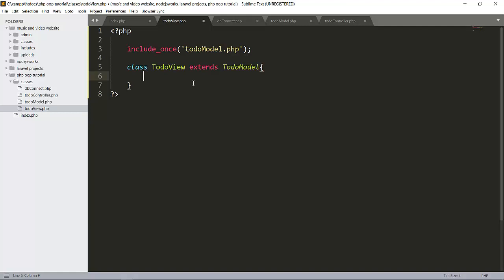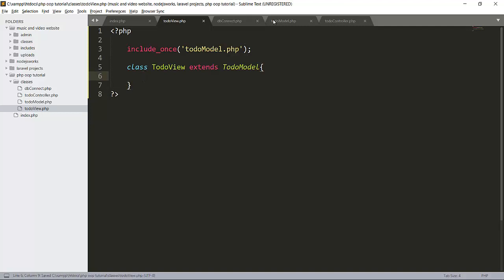The controller will pass the data to the model, but the view will get the data from the model. If you don't know what MVC is and how this works, you can watch my previous video. In the series there is a video on what is MVC, and I made a presentation for that.